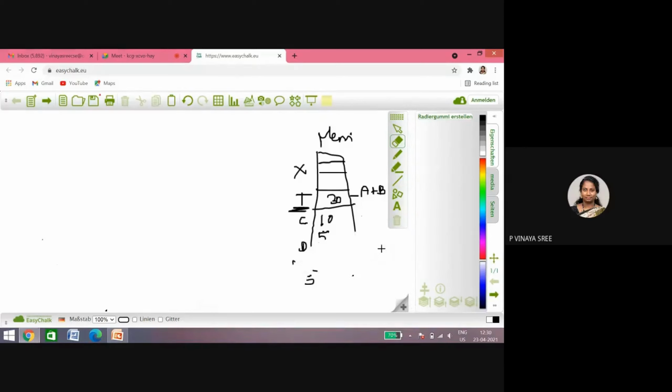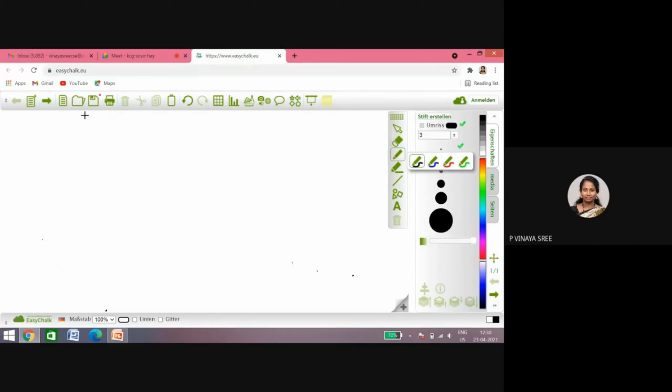So in zero address instruction format, we'll be using a stack concept. So it is very much easy. We'll be using the same expression for all of one address, two address, and three address: A plus B into C plus D.